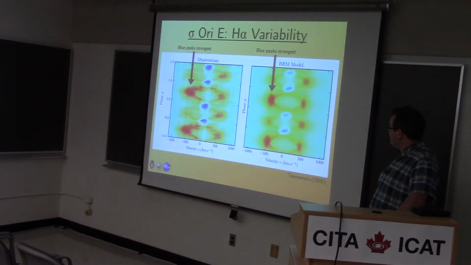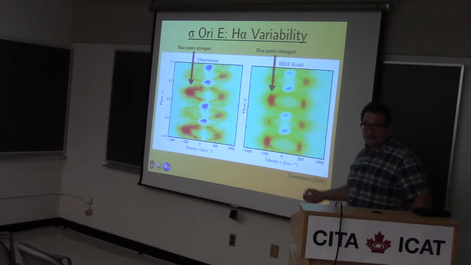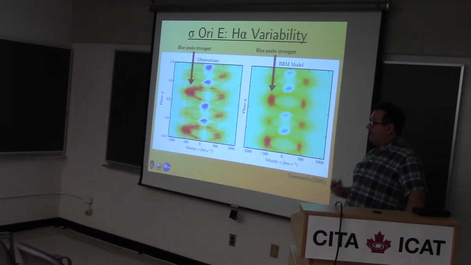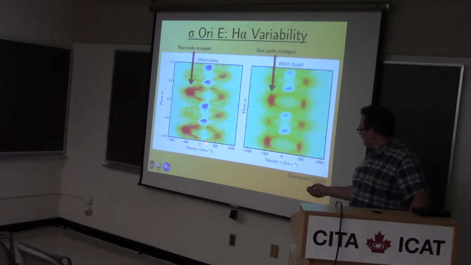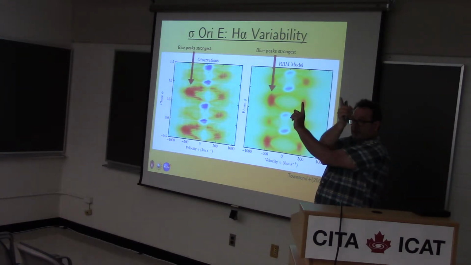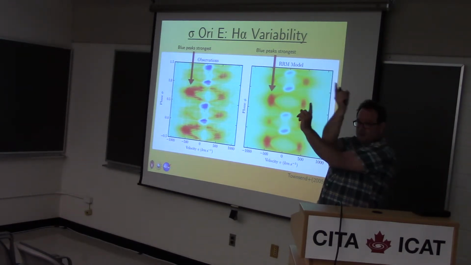I always overshoot this slide. Okay, this is a dynamical H-alpha spectrum. So basically, a color map showing the amount of H-alpha emission as a function of velocity with respect to line center and as a function of rotation phase. This shows a very, very nice double S-wave pattern. Basically, we got 2 emission peaks, and they're going backwards and forwards on that 1.2-day period.